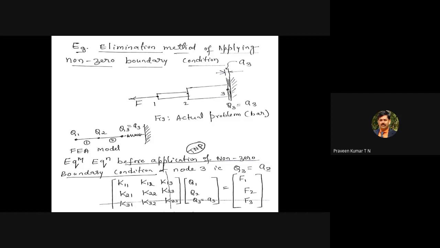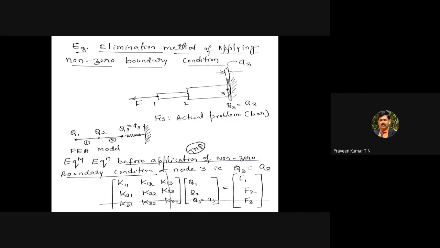That's the first part. If it is Q3, we can just eliminate the third row as well as the third column. But in our case, Q3 is equal to A3. It is referred to as A3, or sometimes as A0, because you are applying the force from this direction. Imagine if your fan is mounted on the right wall and you are pulling the fan. Even though it is mounted rigidly onto the wall, there may be slight movement. That movement is given by A3. You can remember it like that.